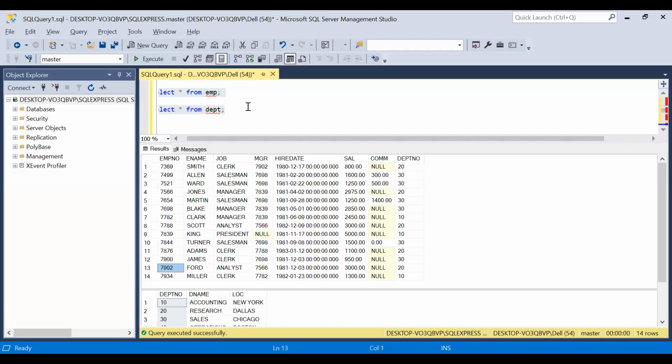The concept is, if you are using another column's data as a reference here, so who is the manager for Smith? 7902. His number you are using here. One of the employee numbers you are using here means he is the manager for you. Based on this column,